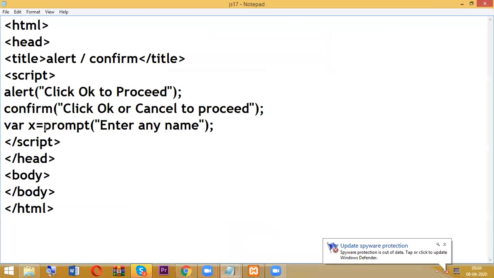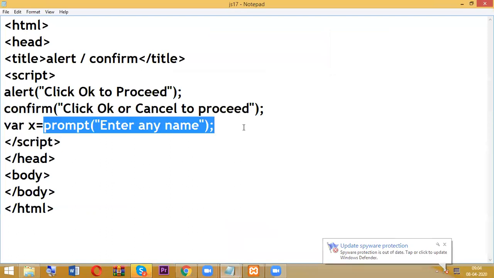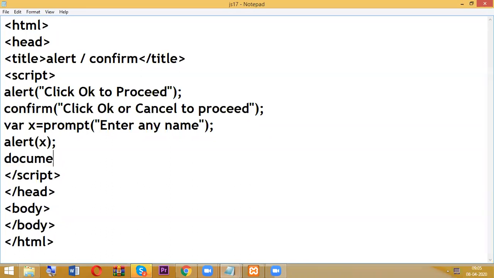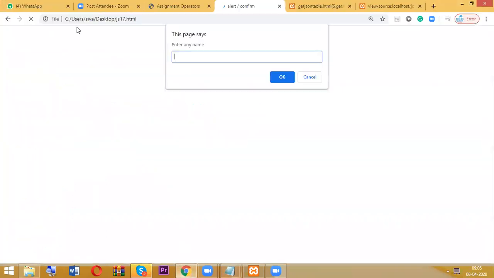Now whatever we type here will go and be stored in x. Again, I am using alert to display that x, and even document.write x.